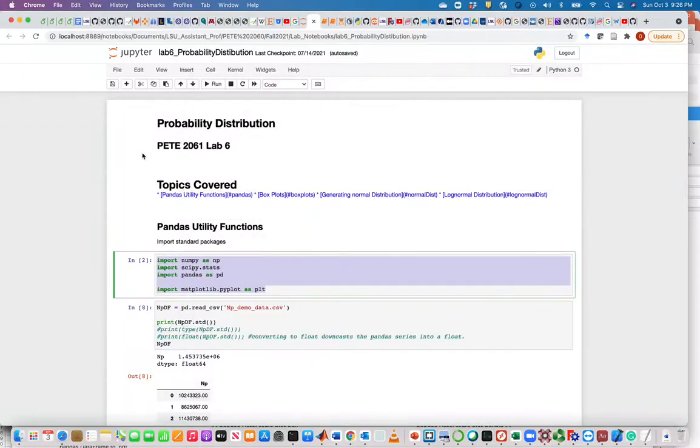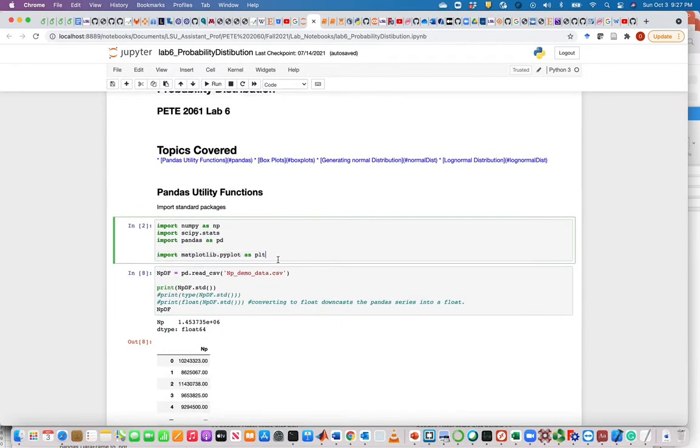Okay, now we'll start with the lab session on probability distribution. So you will see shortly we will be using pandas data frames and the scipy.stats package. Of course, we also need to do some calculations that will involve using NumPy. And then to generate plots, we'll need matplotlib.pyplot. So we import these packages,